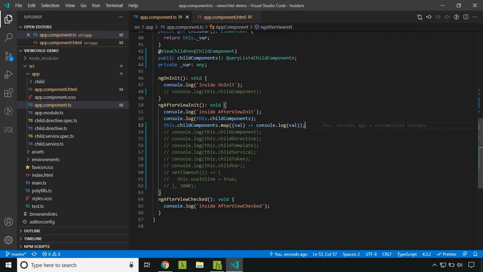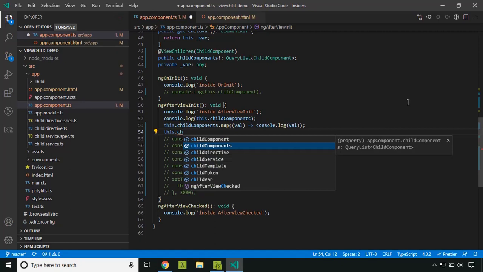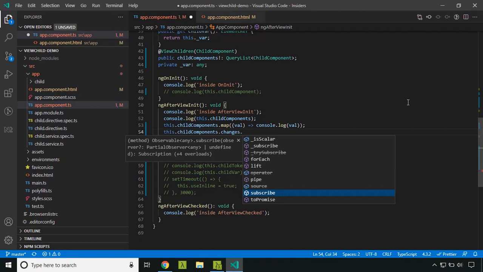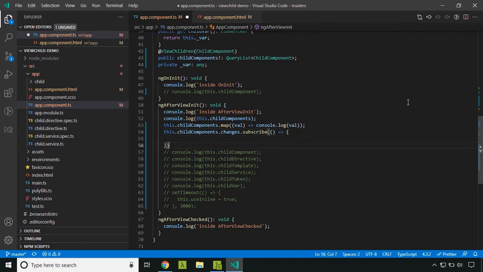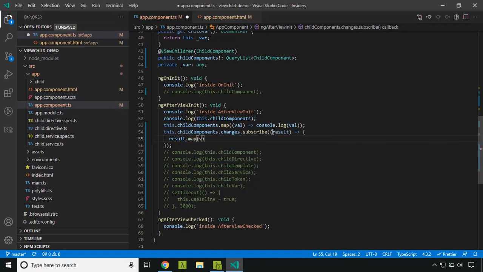There can be scenarios in which you might need to perform an action whenever the result of a ViewChildren query changes. So now let's see how we can tackle that. There is a property called changes to which we can subscribe in the query list. This is similar to the setter for ViewChild. Inside this we will be able to get the new value, and here again you can map it and see the value.